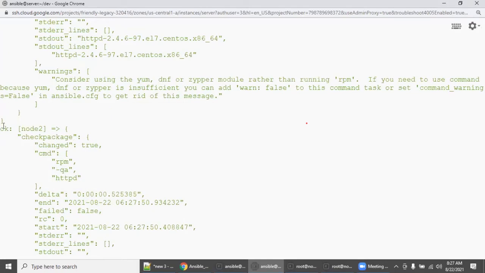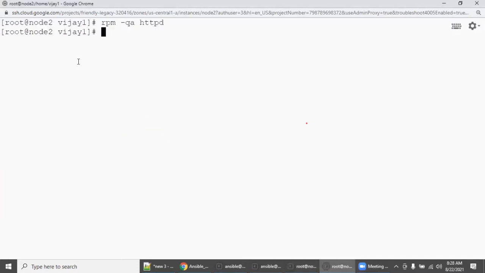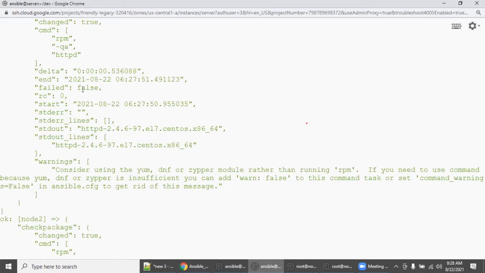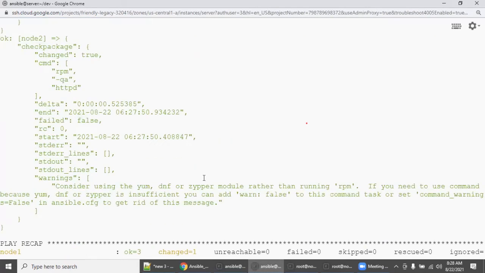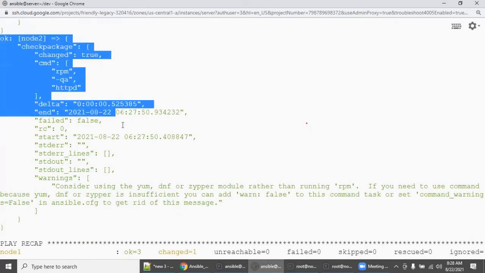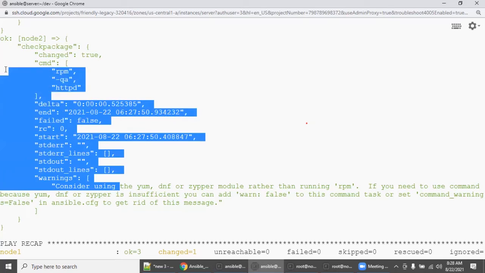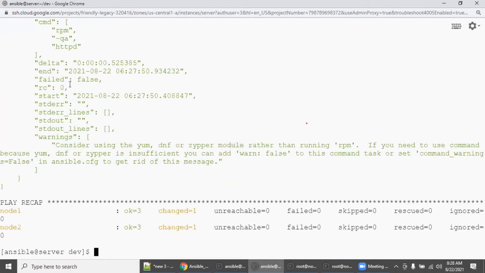Also, this output generated from node 2. So remember, on node 1, the package is installed. On node 2, the package is not installed, right? So on node 1, if you look, the package is installed, so you are getting such output. On node 2, there is a small difference in the output because no package is installed. So this is what exactly I'm saying: node 1 is the success machine, node 2 is the failure machine.